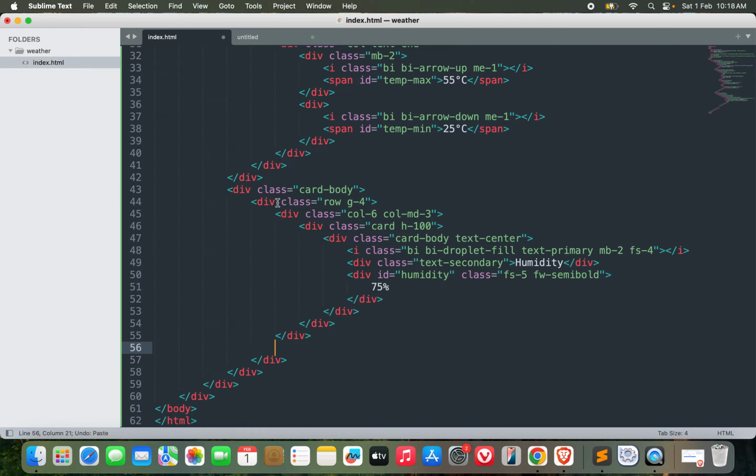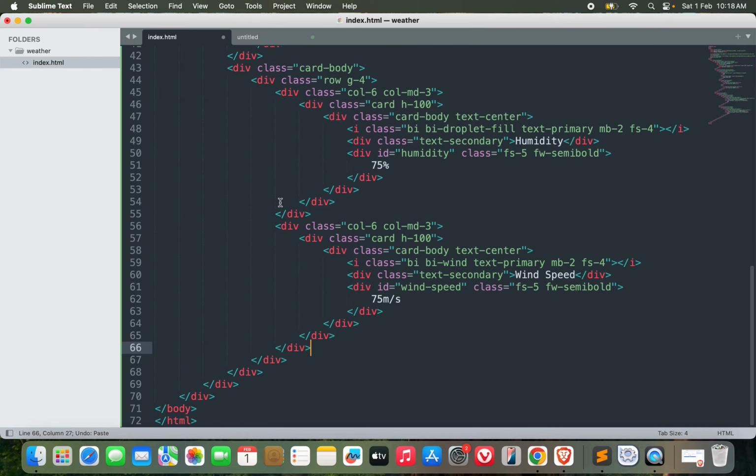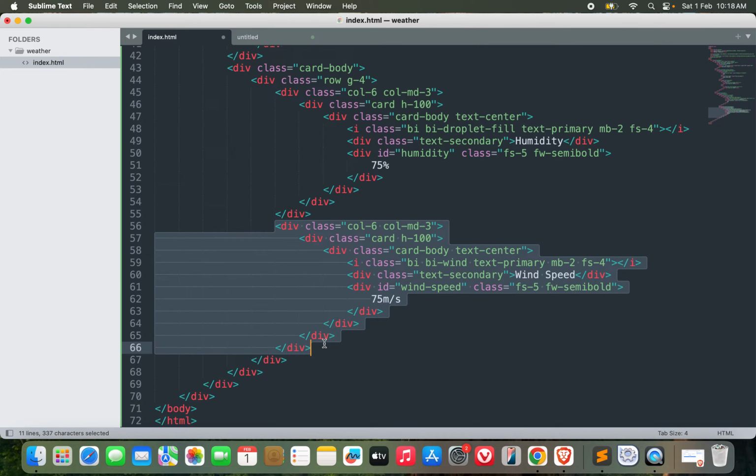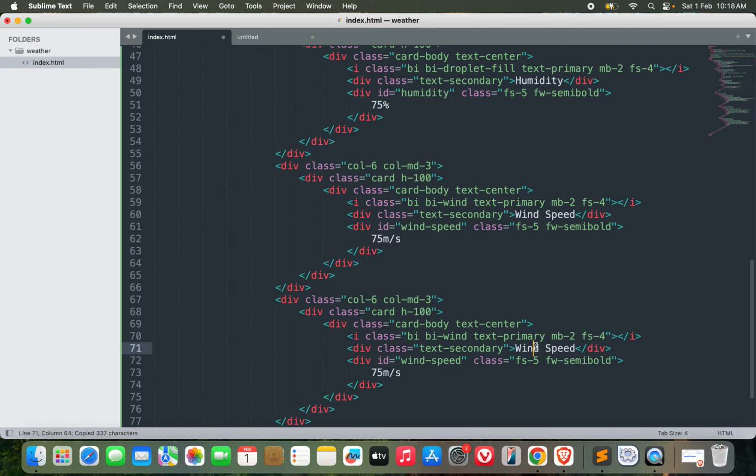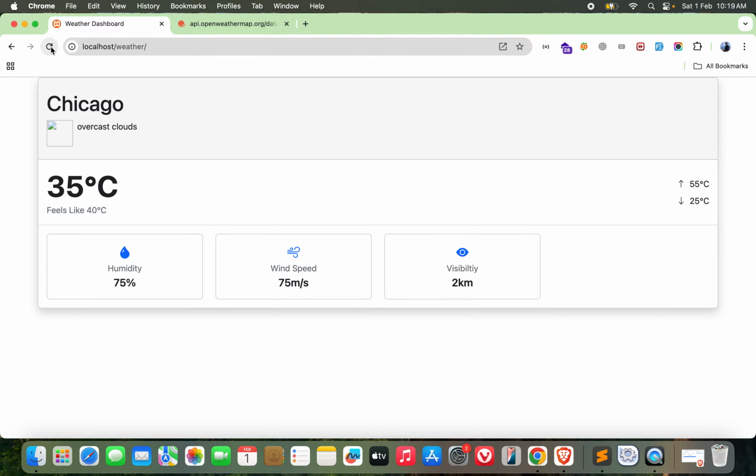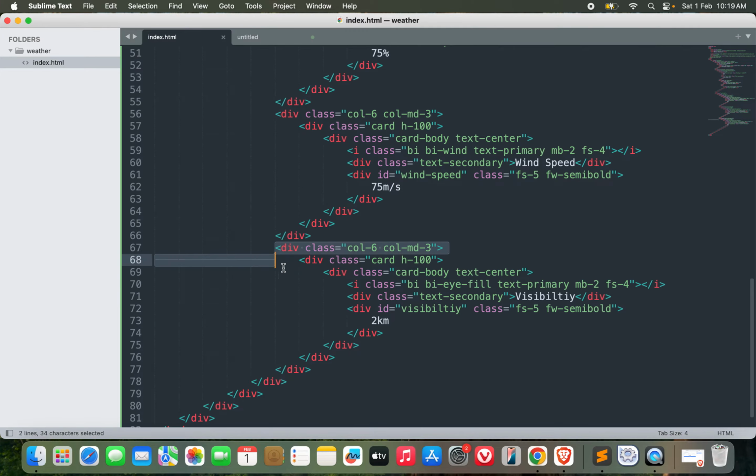Oh no, I need to replicate this one. So this is for visibility. This will be visibility, and the icon would be eye. Visibility would be probably 2 kilometers, something like this. Yeah, visibility is good. And then let's move on to